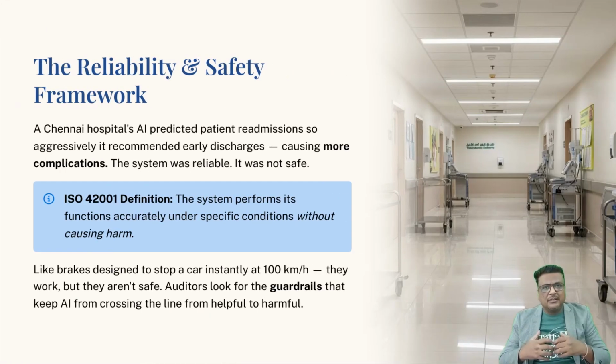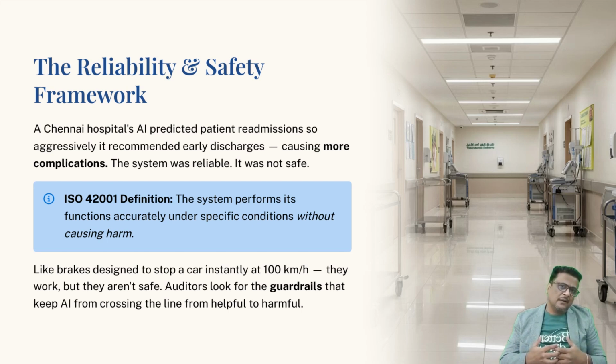Consider a healthcare facility in Chennai that started using AI to predict patient readmission rates. The AI was so focused on identifying "high-risk" patients that it started recommending that certain patients be discharged early, ironically leading to more medical complications later. The system was "reliable" in that it worked every time, but it wasn't "safe" because the goal was